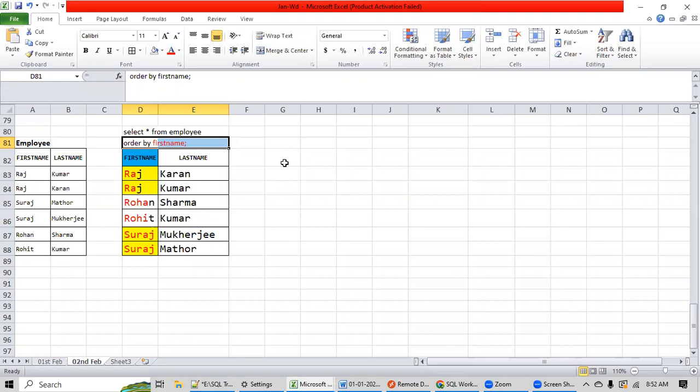Now there is a second use case. Now suppose I have shown this result to my stakeholders, that yes, I have sorted based on the first name. Okay, listen very carefully. Throughout my course, I will be giving you project examples as well. That okay, this is used here in the project, and this is how to handle it.